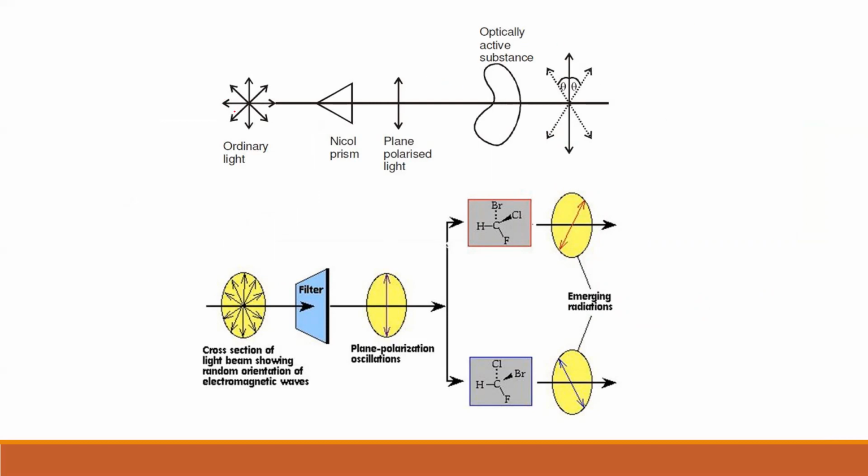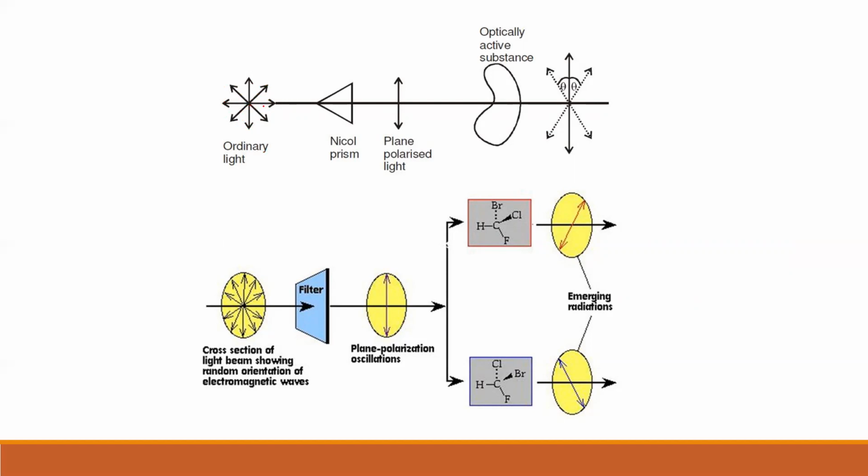If I look at normal light, the normal light that falls on us, it is composed of particles which will vibrate in all given directions. Now, can you see that? Light is composed of particles or photons which can vibrate. And in normal, ordinary light, they will be vibrating in all the directions. Clear? 360 degrees. That's what is indicated by the arrows here. They keep vibrating in all directions.